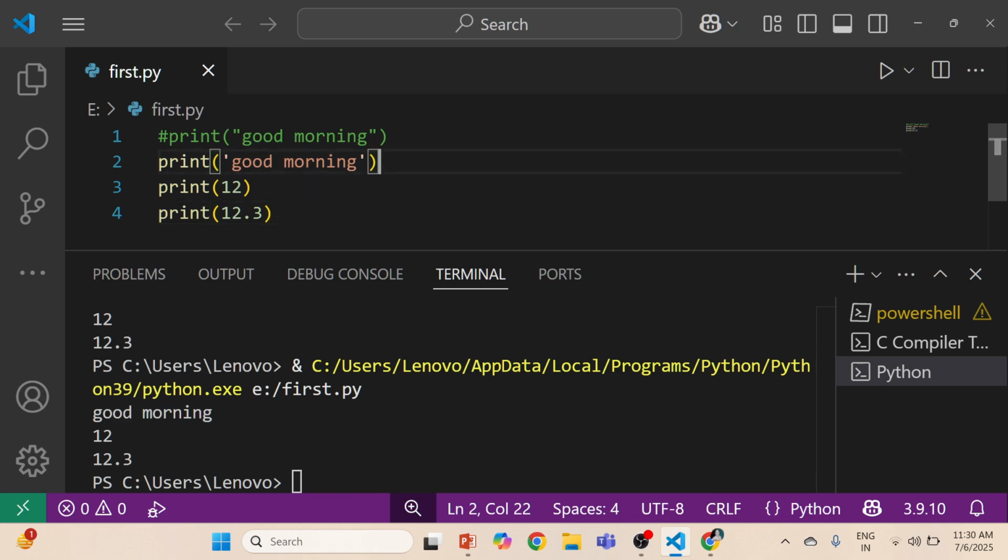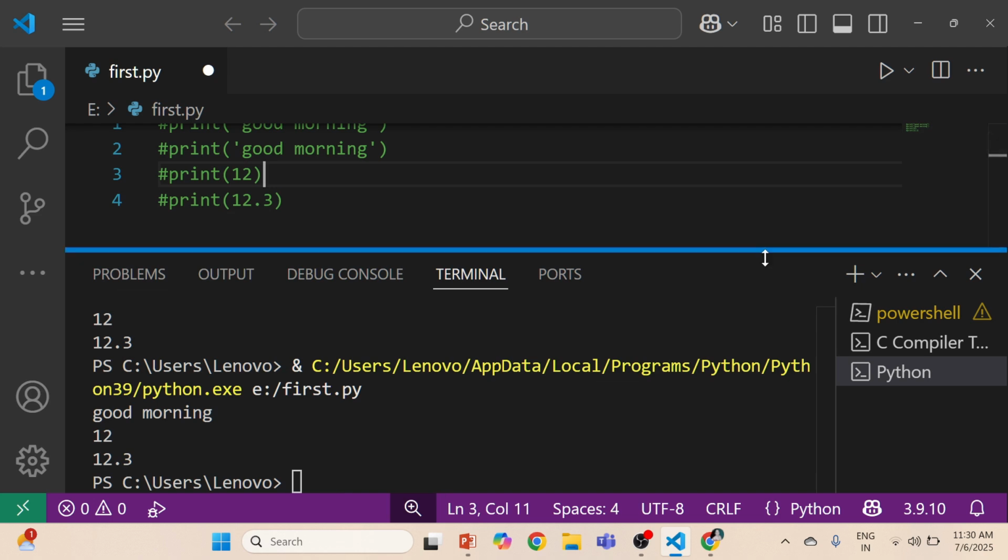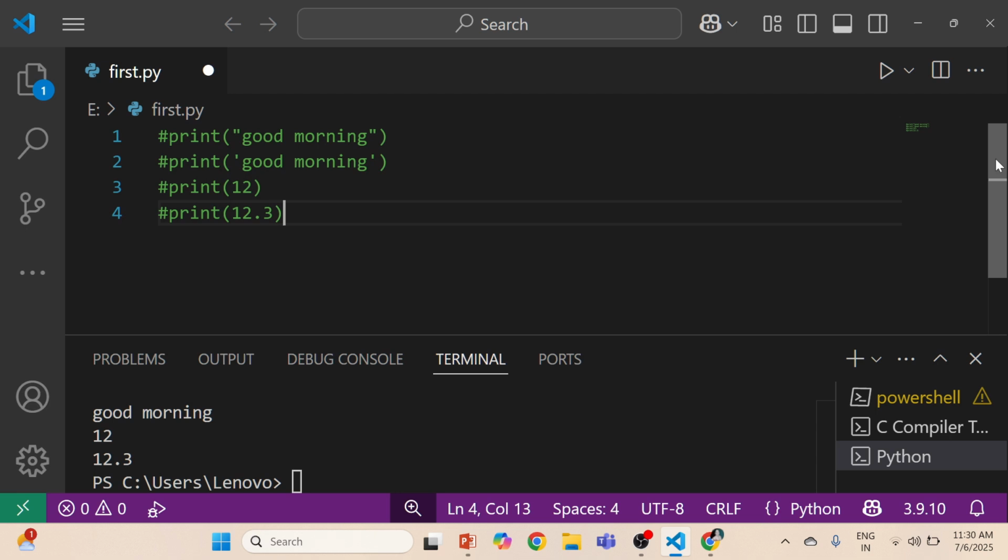Then multi-line comment means when you want to hide more than one line at the same time. You can keep on hiding using single line comments only. But what if you have 50 lines of code and you want to hide all of them at the same time? This process is going to be time-consuming. So that is the reason we have multi-line comments.